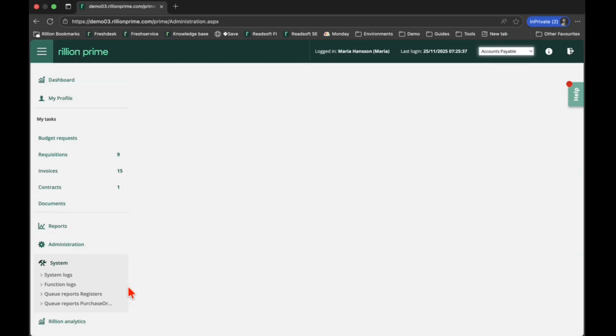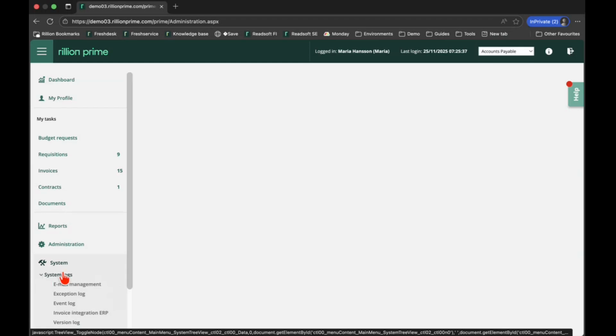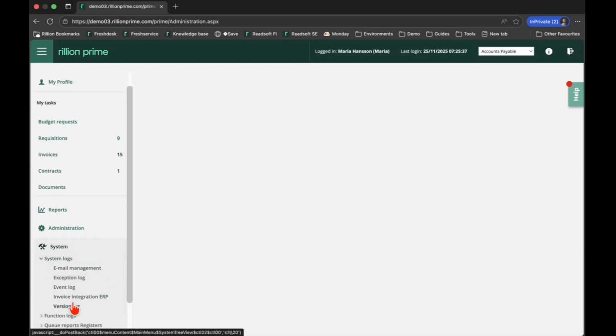is covered here. There are quite a few different types here, and if you want to know more about them, I would recommend perhaps looking into the user guide so you can get more information, and perhaps also checking out the system logs in your own Rillion environment so you can see what kind of data you have there. But let's start with the system logs here. So open this one up, and I was thinking that we can have a look at the version log together